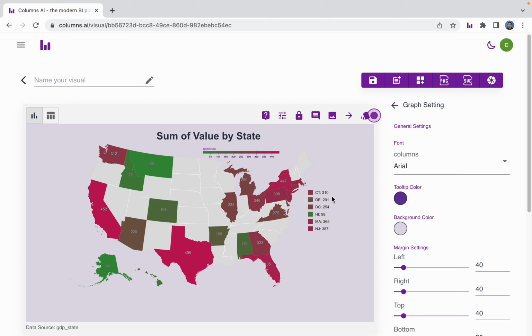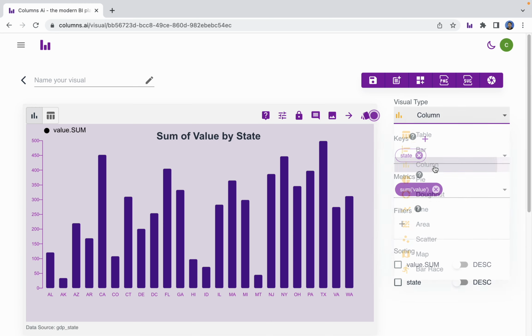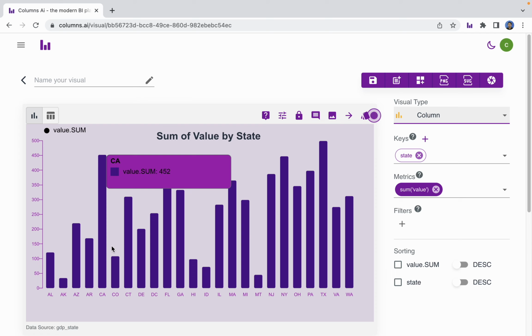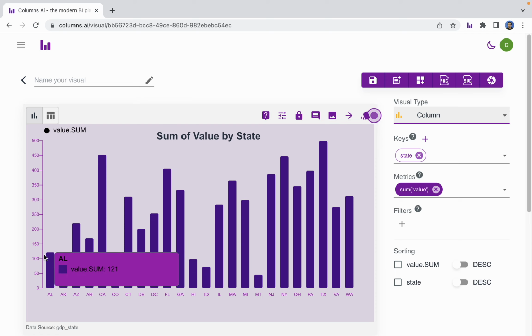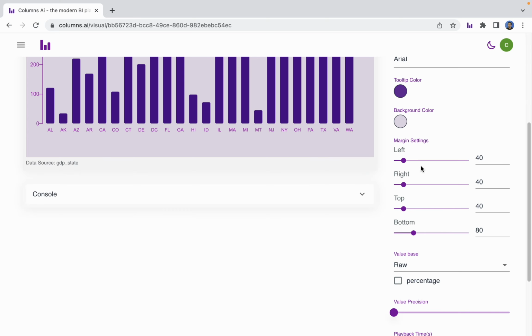annotations. Let's quickly jump into a test setting using a column chart, like a vertical bar chart. Here, I just want to show you how we can customize each item. For example, on the Y axis, we adjust the tick count and change the font size, and let's adjust the sidebar a little bit. For example,